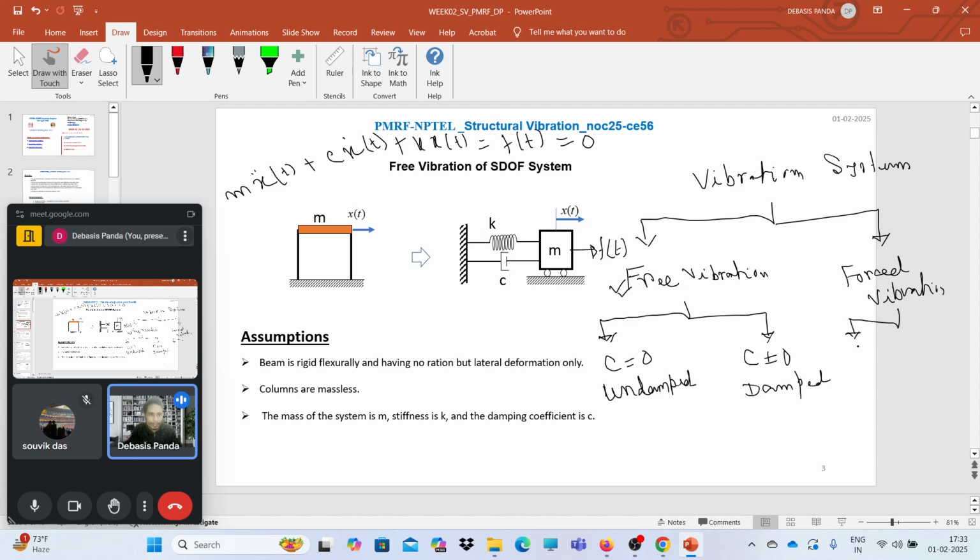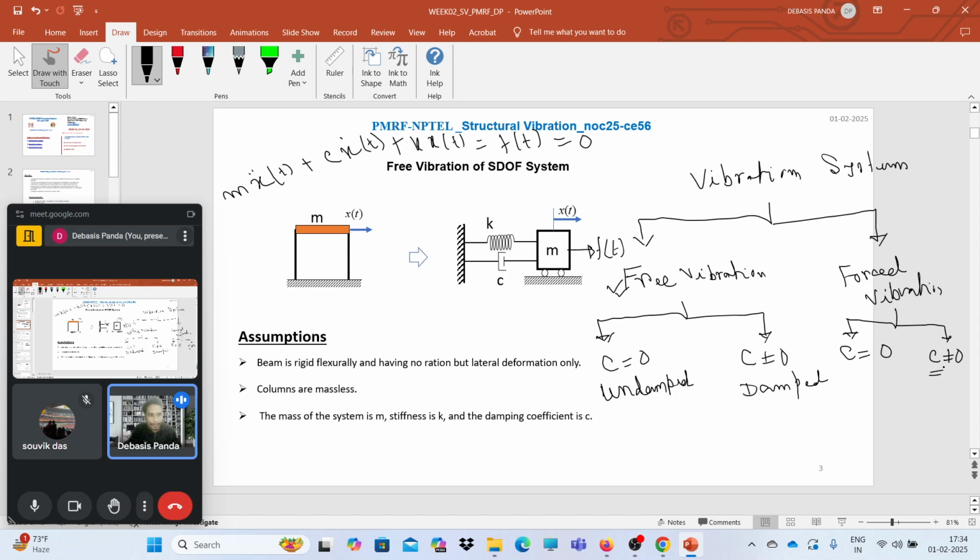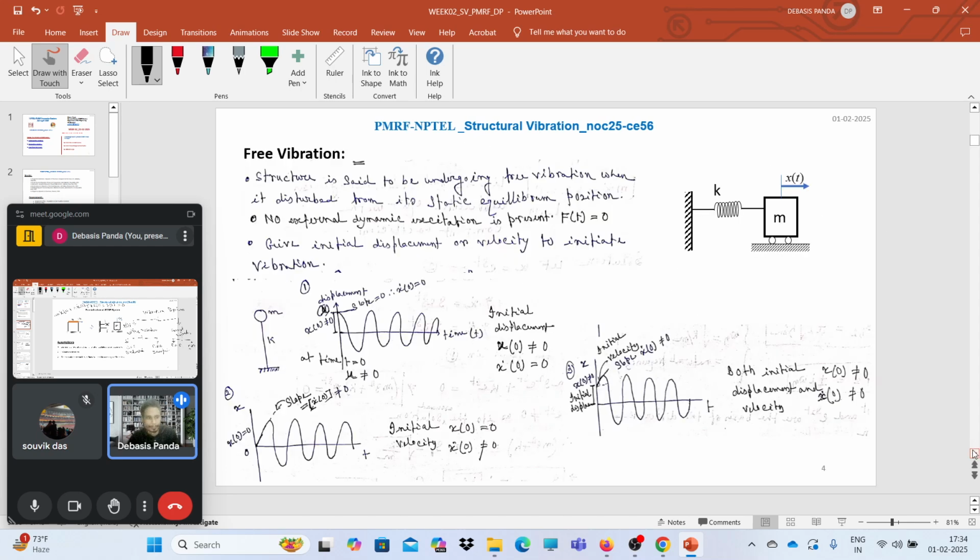One is where damping is not present, we will call undamped forced vibration, and again if damping is present there, we call it damped forced vibration. Okay, we will cover it in the next interaction sessions. Great. So free vibration, what I said, free vibration means the structure is vibrating with its initial conditions, free from